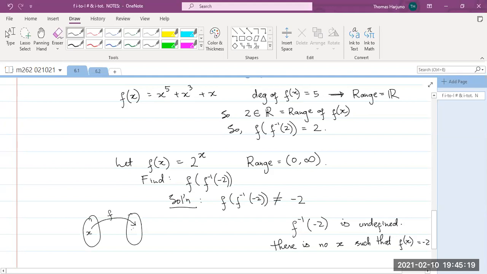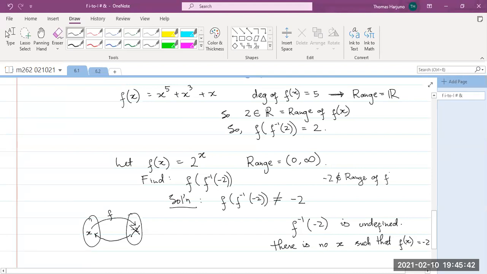There's no such thing called -2 here for you to even go back into the domain. You see what I mean? The 2 is not in the range of the function because, I'm sorry, -2 is not in the range